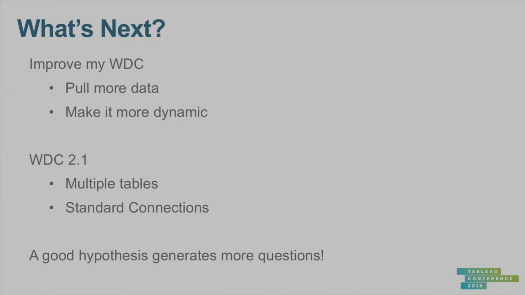So what's next? I've been talking about the different things I've done so far, but next I want to improve it. There's a lot more I want to add to my Web Data Connector. I want to get more data. I want to make it more dynamic. I think it would be cool if people could select different types of information that they could pull about their own listening habits. Something to note, Spotify definitely stores how often you listen to songs. They won't give you that data. I'm sure they're using it for some crazy marketing schemes. So there are definitely limits, and I didn't know about those until I started working on this. I hit those pretty quickly, but there's still a lot of data up there that I can work with.